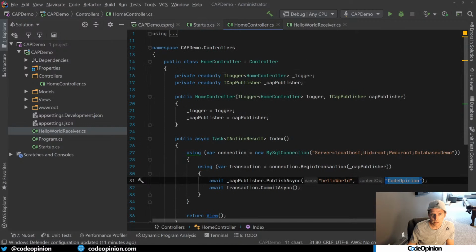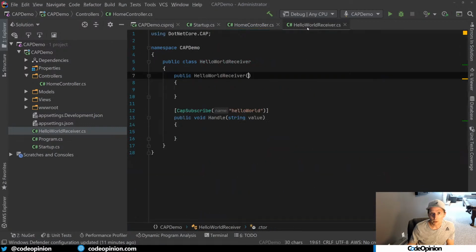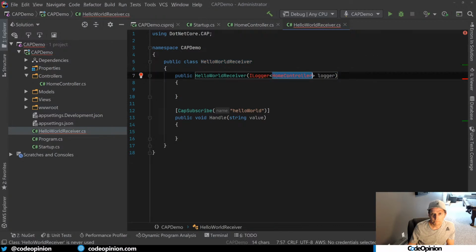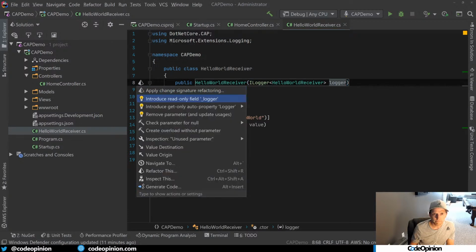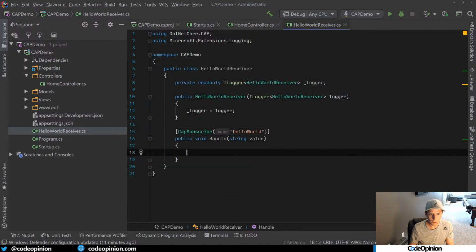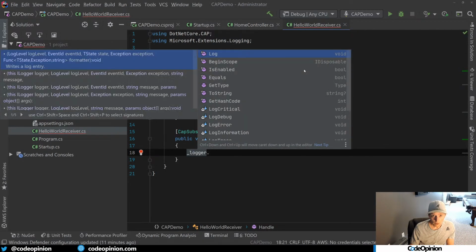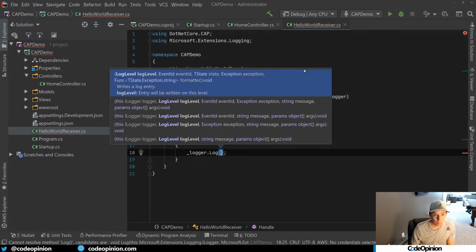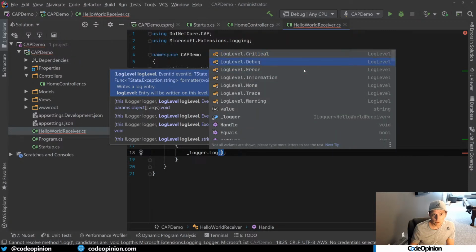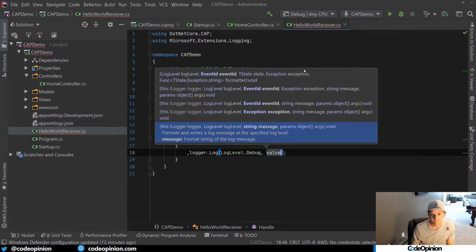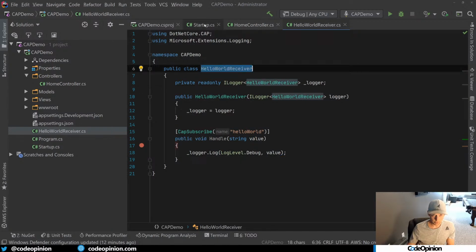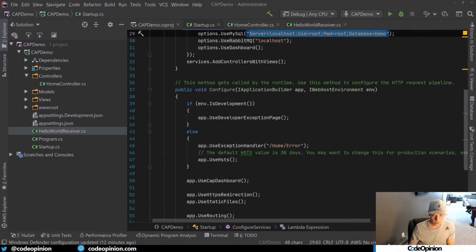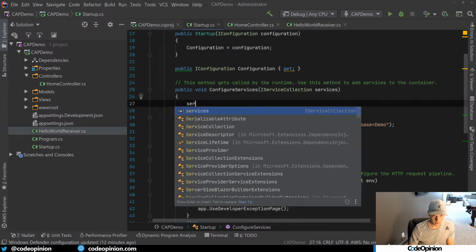So let's jump over here. Let's grab a logger. And then let's just log it. Logger.Log.Debug. Let's just do value. Let's break here so I can see it. So I'm for sure gonna have to register this. So our services add